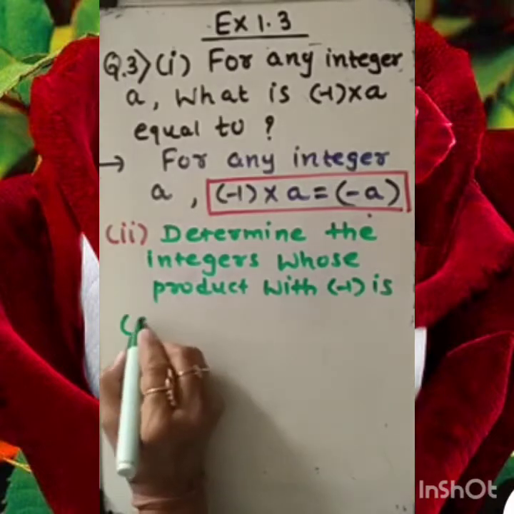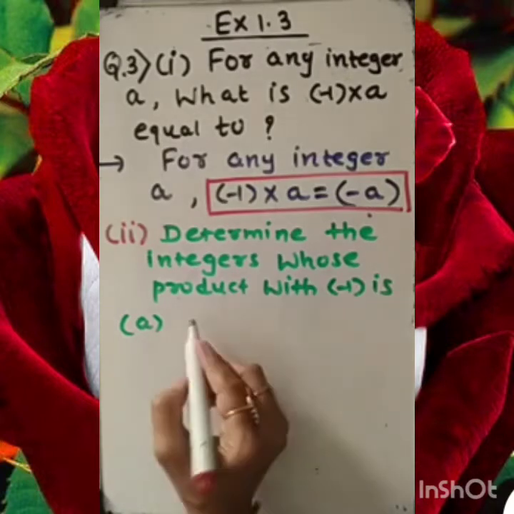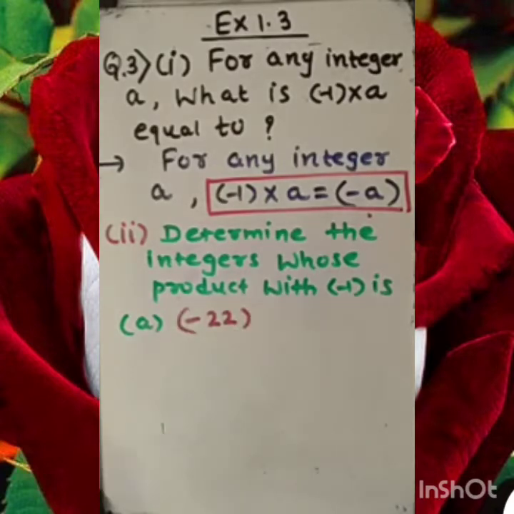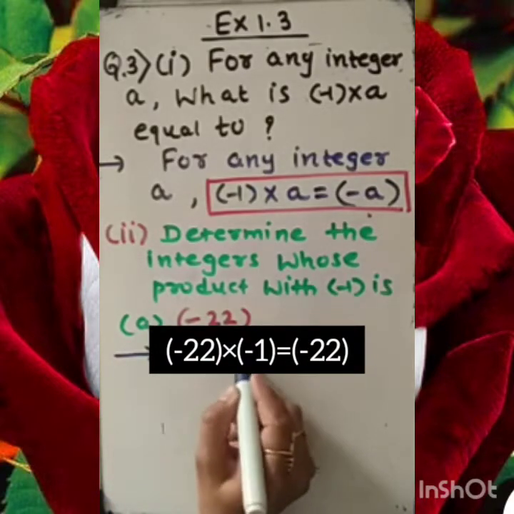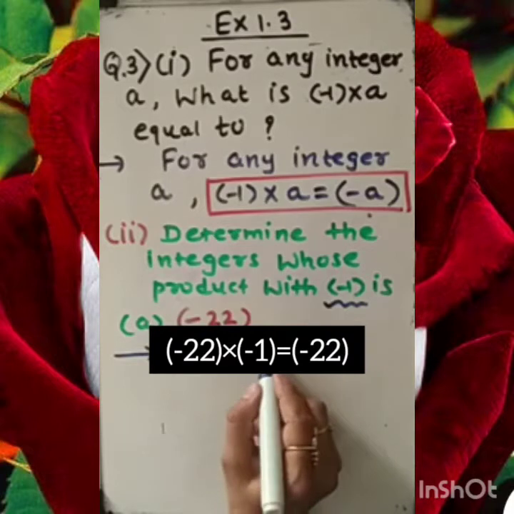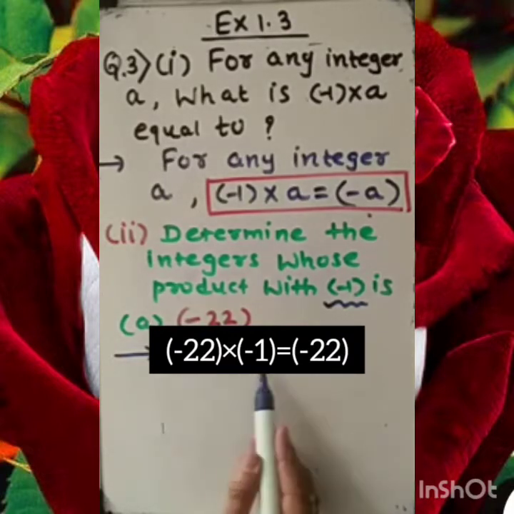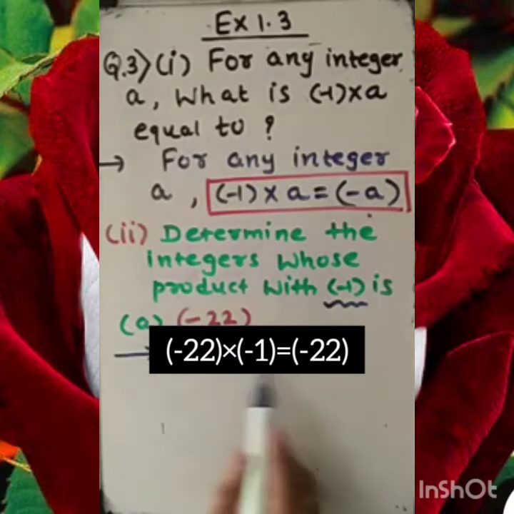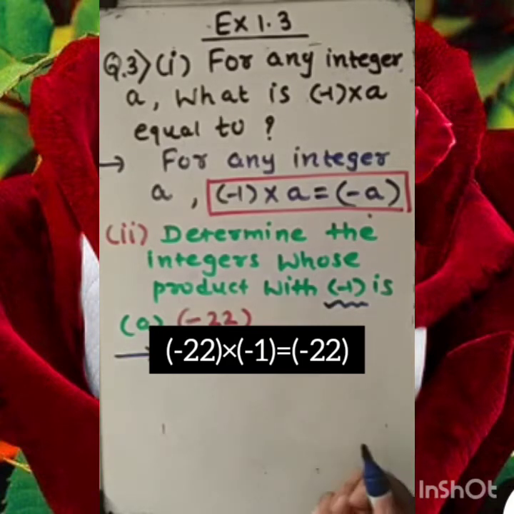Now first we are given minus 22. It means that this number we are given. Now what do we have to do? We are going to multiply this minus 22 with minus 1, because they are asking to multiply with minus 1. We all know very well negative, and here this number is also negative. When we apply the product between them, the product will become positive. So 22 positive.